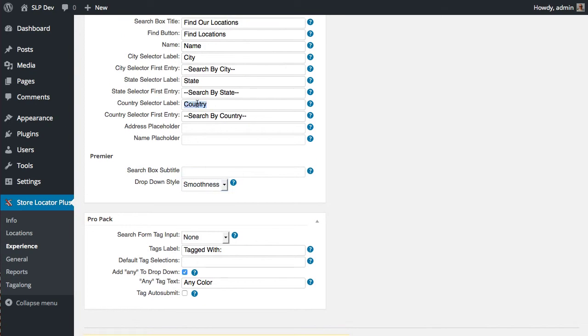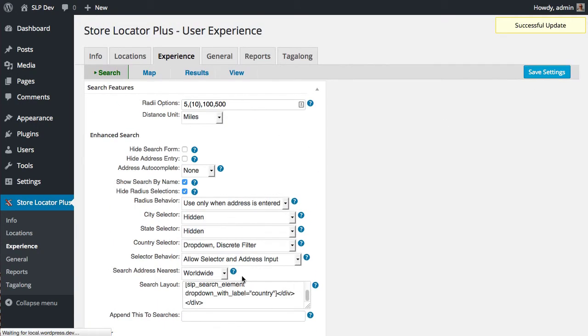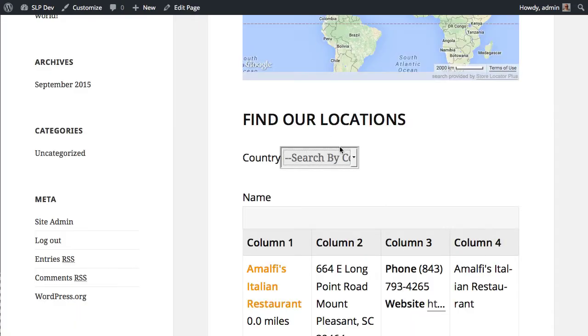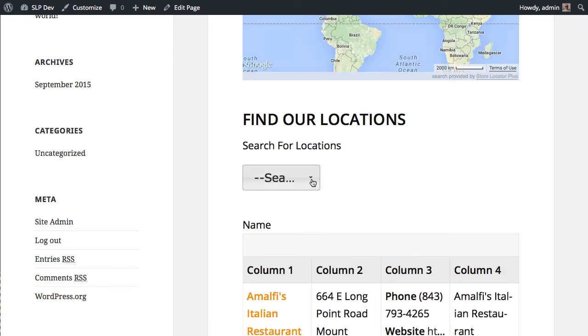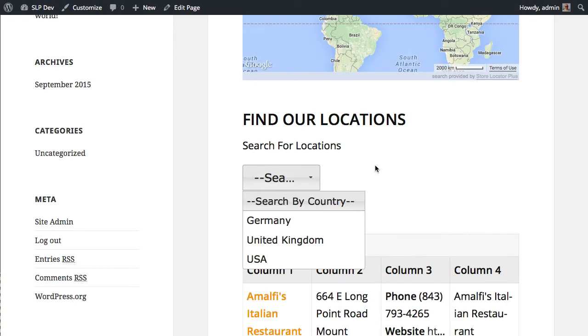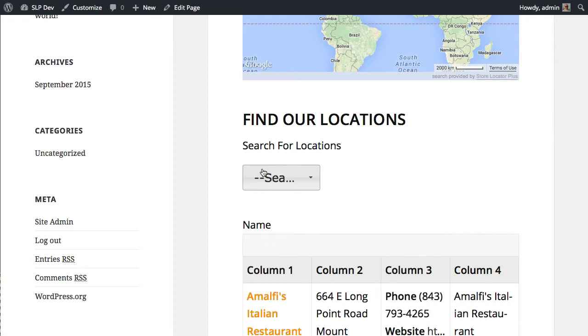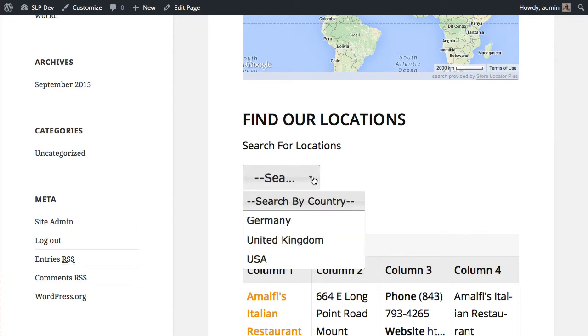I'm going to take off that label. I don't want to see the label out there, and add a subtitle. This is also added in one of the releases recently for Premier. And that smoothness drop-down style allows jQuery to do some very detailed CSS styling of this drop-down menu. Typically, HTML does not allow you to style drop-down menus very nicely. So you can see this is completely changed, but the key point of this